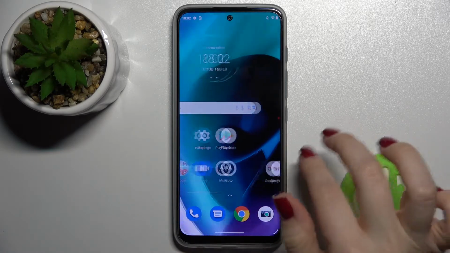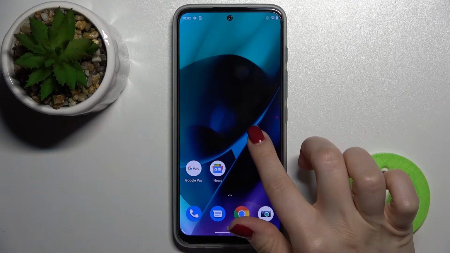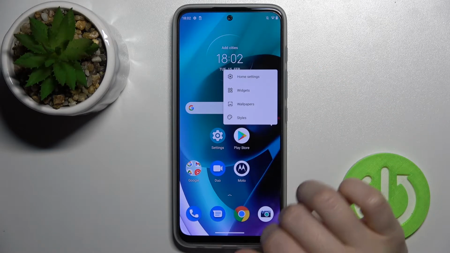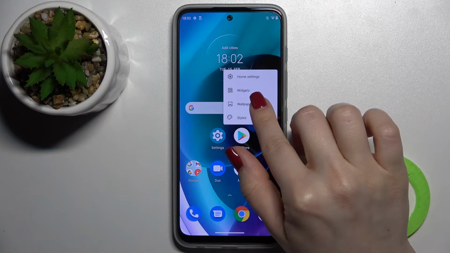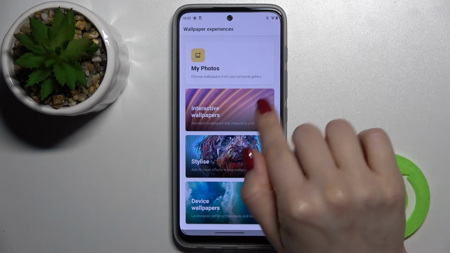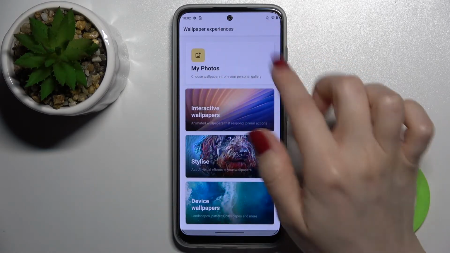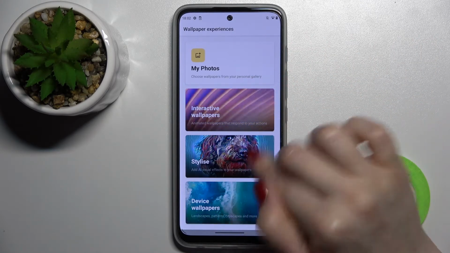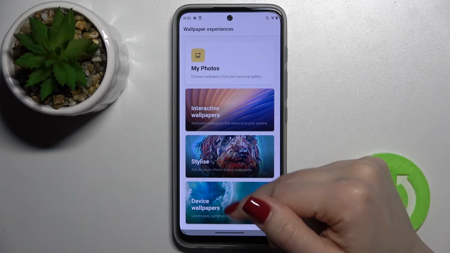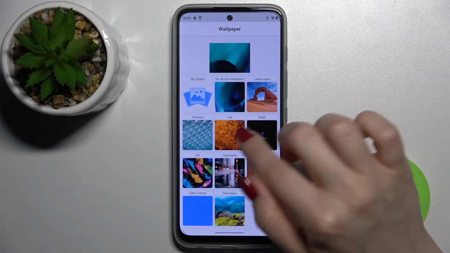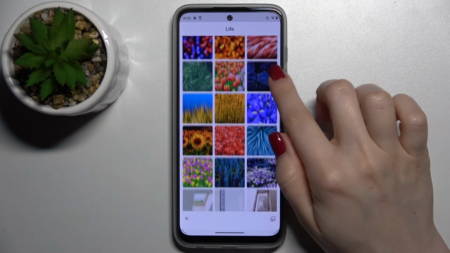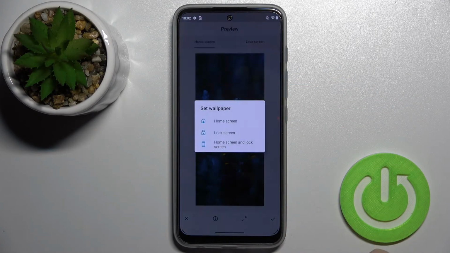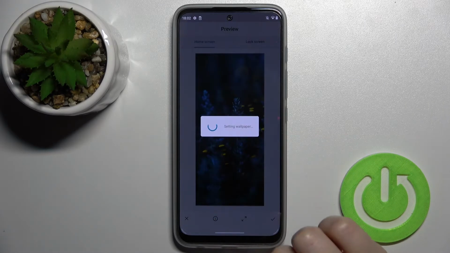And also we got the second way, so you just should hold for a while one of your device screens, it doesn't matter which screen this will be, and then just tap here on the wallpaper section, and by the same way you can select the wallpaper from your device photos, from your gallery, or for example from the interactive wallpapers, or from the regular device wallpapers. And by the same way, just select one of these wallpapers,